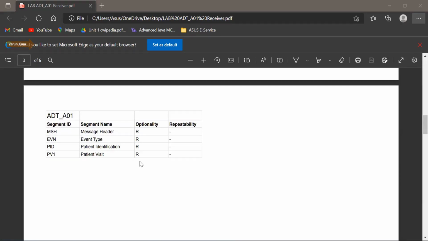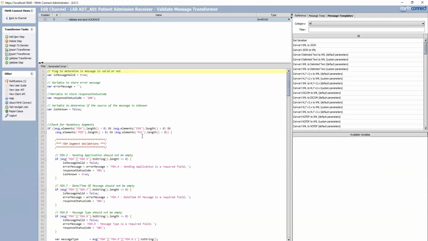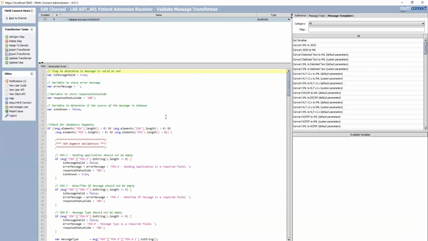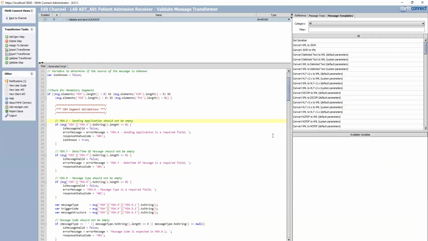Okay. Now, if you look at this transformer and let us compare with what this is. So here, MSH 3, 7, 9, 10, 11, 12 are required. So I have written the code exactly like this. MSH3 should not be empty.